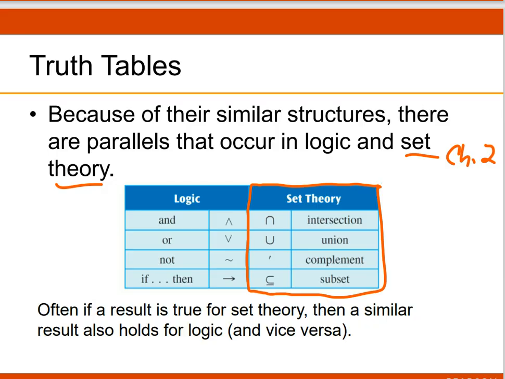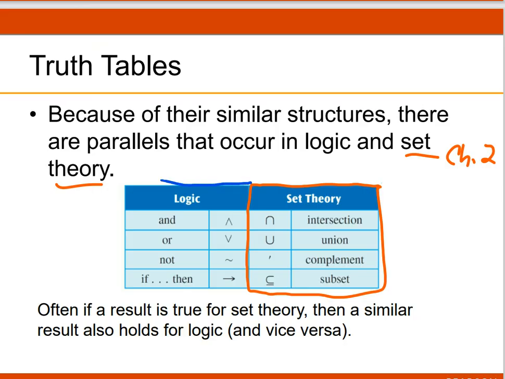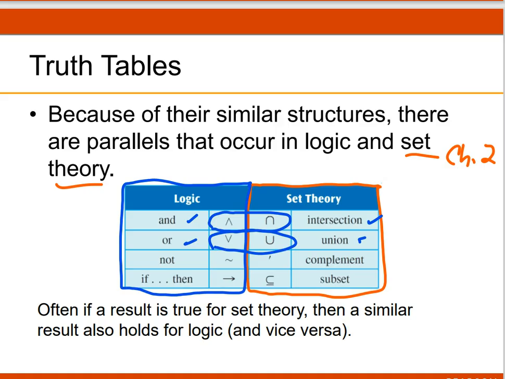In logic, the word and is kind of like the intersection. And you can see that the symbols here, they're both upside down. One's an upside down V, the other one's an upside down U. And then for or and union, similar. And then for the word not, which is what we do in negation, that's kind of like the complement,